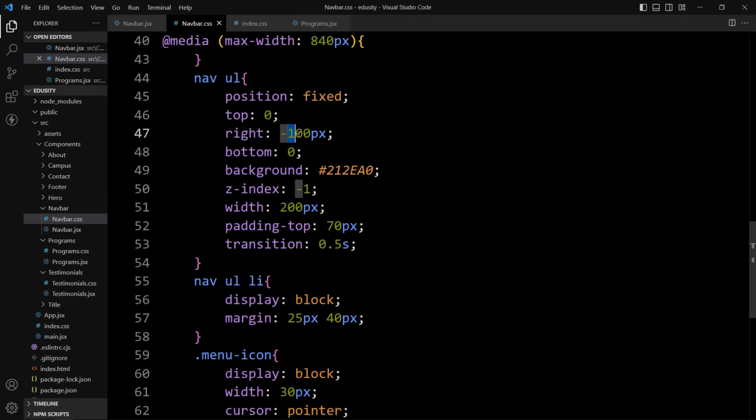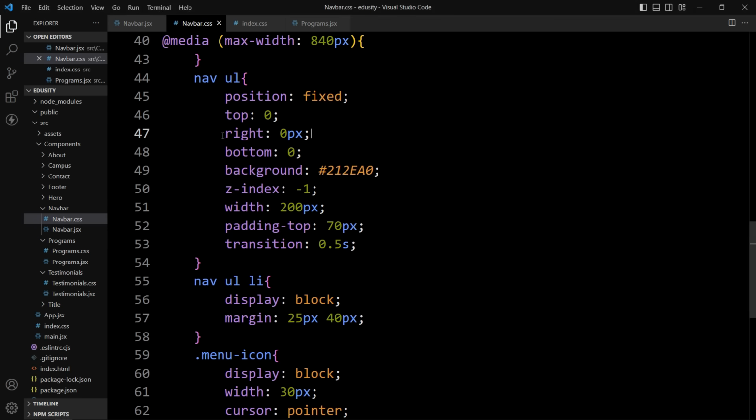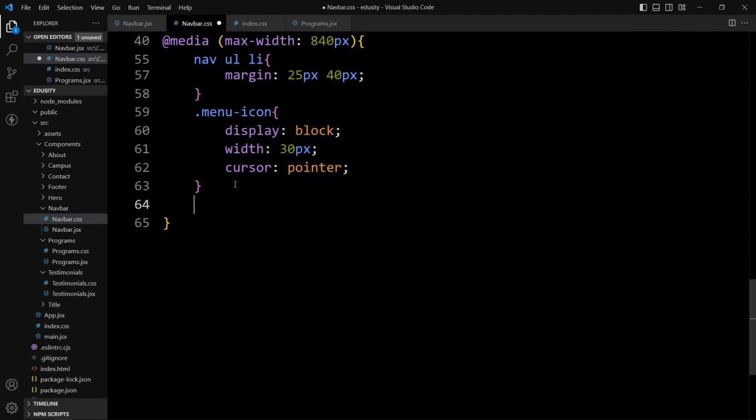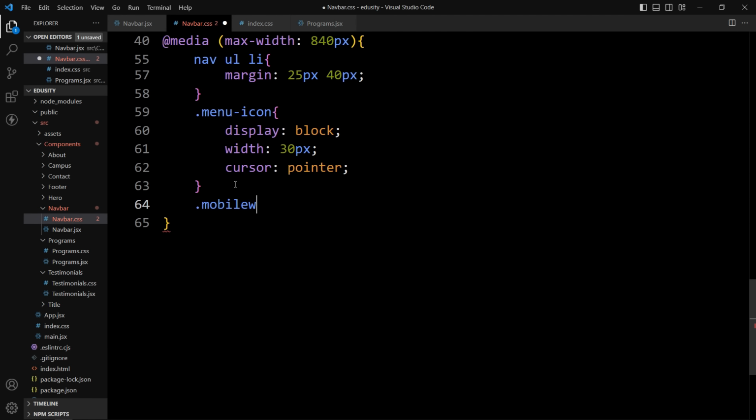If I change it to 0, it is completely visible. So what we have to do is change this right value dynamically when we click on the menu icon. So we will apply one extra class name. So just add a new class name here. Just add the class name mobile menu,